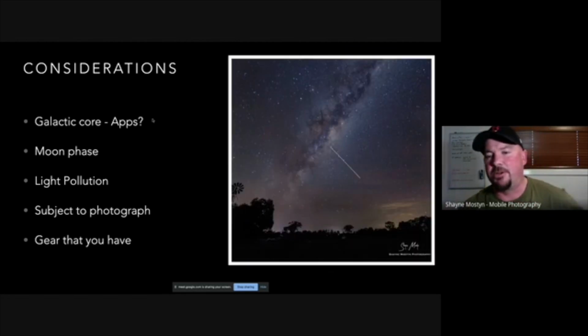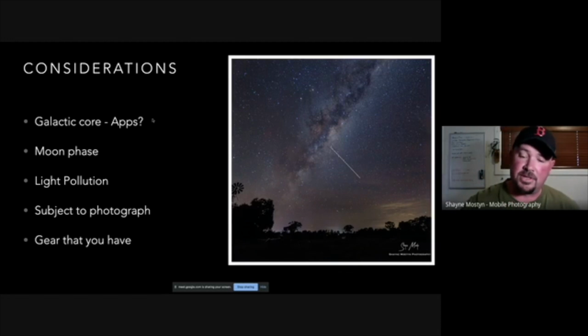Next thing is light pollution. And the light pollution that I'm talking about here is from other towns. Obviously, that's a plane flying through the sky there. But if you look at that photo, directly underneath on the horizon, you've got that little bit of glow in the middle. There's a little bit more glow to the left-hand side of it, and there's a fairly good glow on the right-hand side. And that's some cloud that's there. And that one on the right-hand side is a town called Echuca, and that's about 60 kilometers away from here,